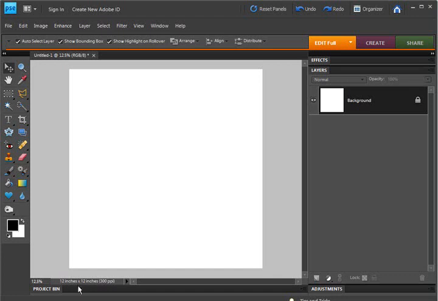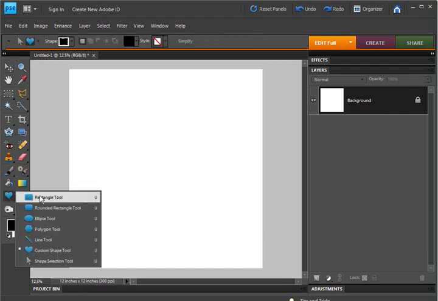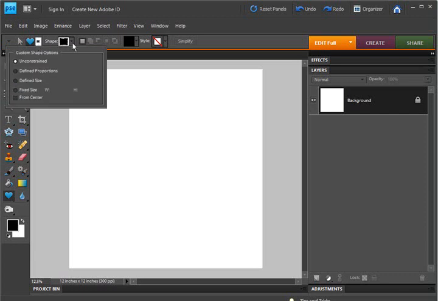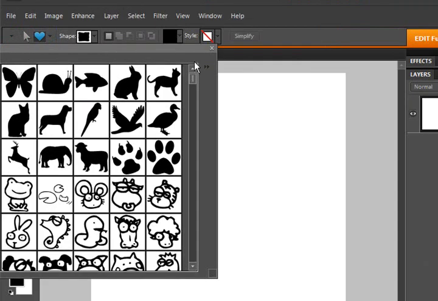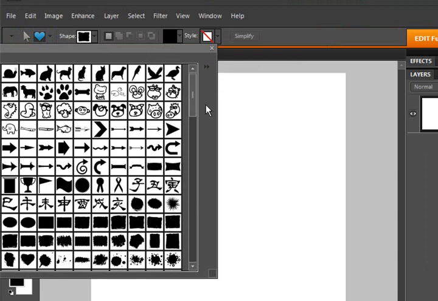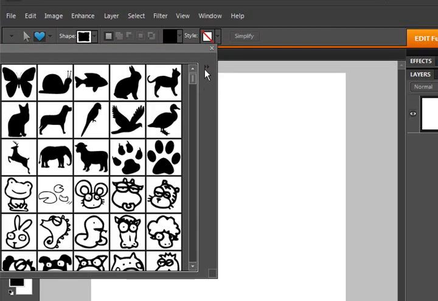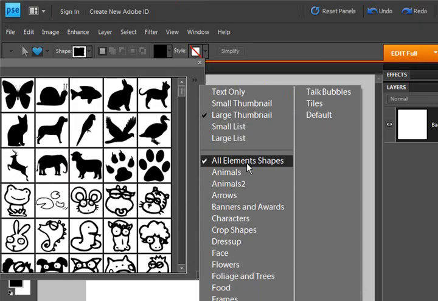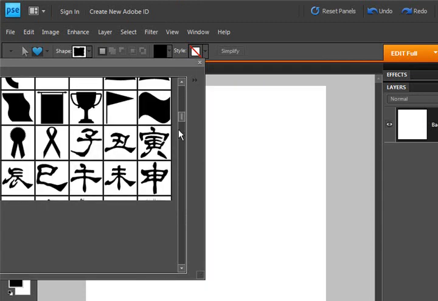I have here a 12 by 12, 300 ppi paper that I'm starting in, and I'm going to activate the custom shape tool, and in this arrow drop down box, you can see I've got mine set on large thumbnails so that I can easily see them, or I could put them on small thumbnails. I think that might be the default, but I have bad eyes, and I have it on all element shapes. I'm not sure which subcategory it's in. I wasn't able to find it, so I'll just use all element shapes, and you scroll pretty far down,